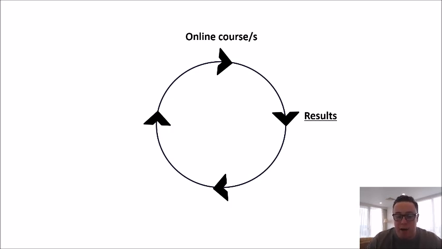Now, what I find really interesting is for a lot of these businesses, they start off really, really quick, but they fizzle out really, really quick as well. So they start off with a bang, glitz and glamour. They're the latest thing on the internet. They're the latest guru to come out. They make their 7 and 8 figures, and then within a year, they're gone. Because what happens is they create an online course that really provides no results.